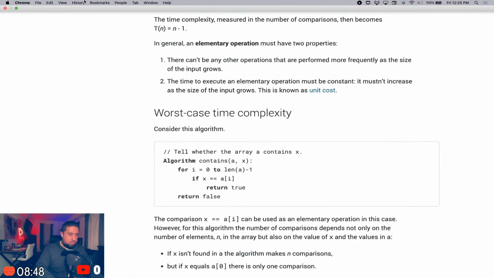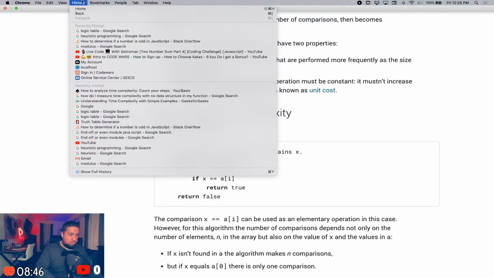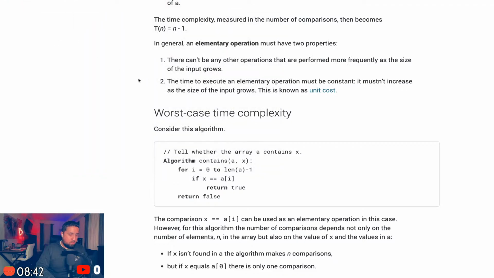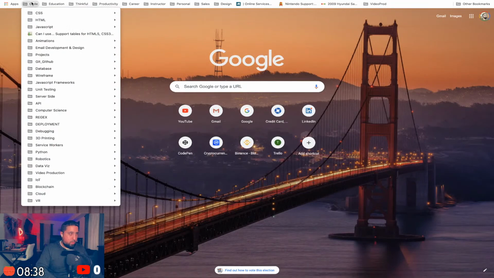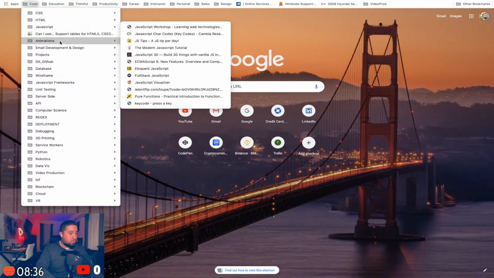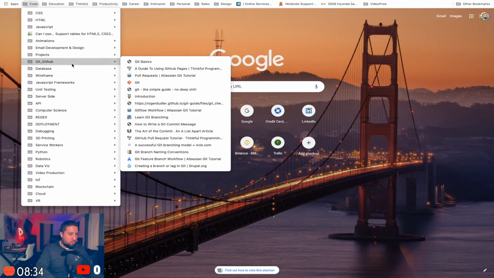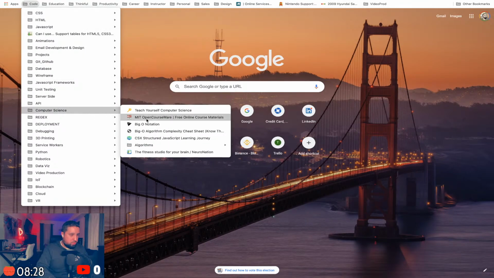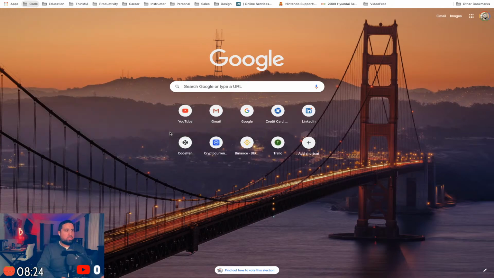I wanted, okay. I'll just go to my cheat sheet. Let's see, where's my cheat sheet? Where is my cheat sheet? Computer science, algorithms. No, that's empty. Big old cheat sheet. There you go.